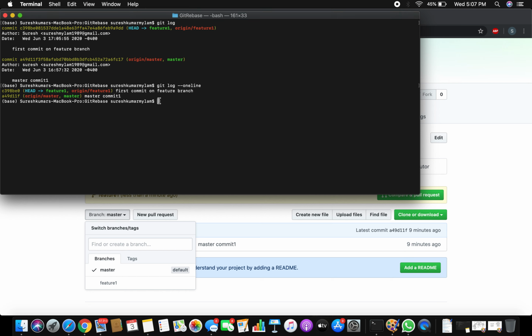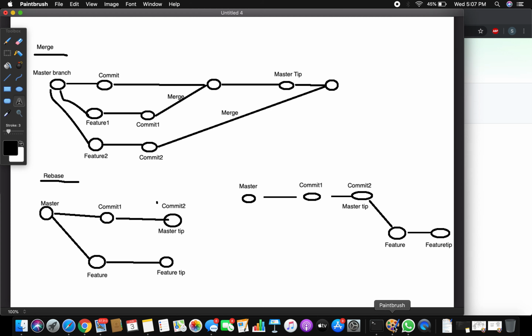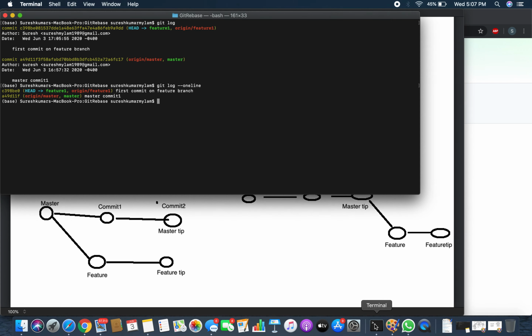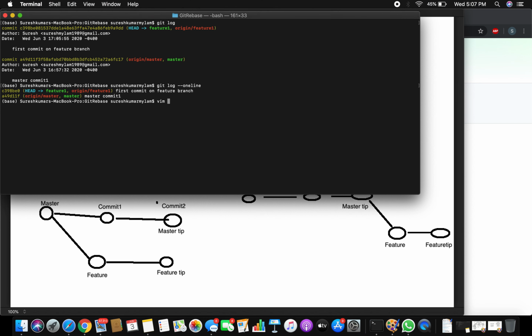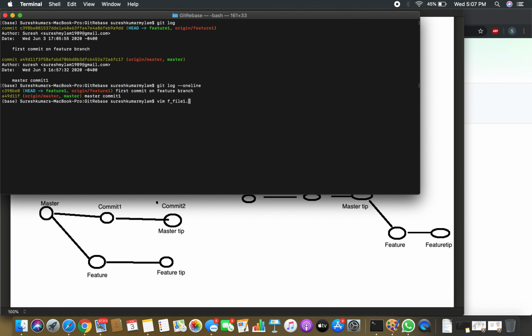And now let's make one more commit on the feature branch. Let me edit the file. If you compare with this particular diagram, we have a master commit and we have a feature, and we are going to make one more commit here. vim f_file1.txt.